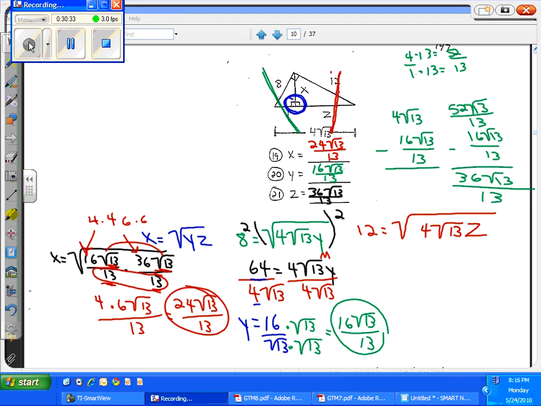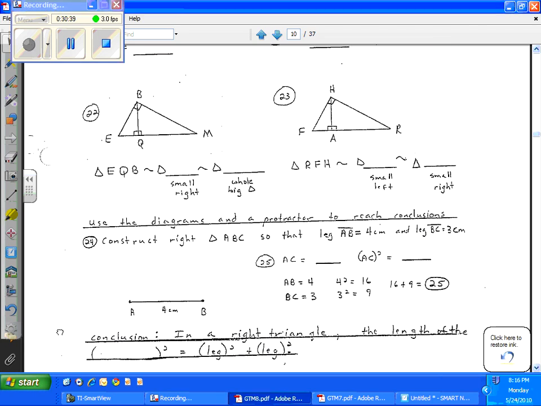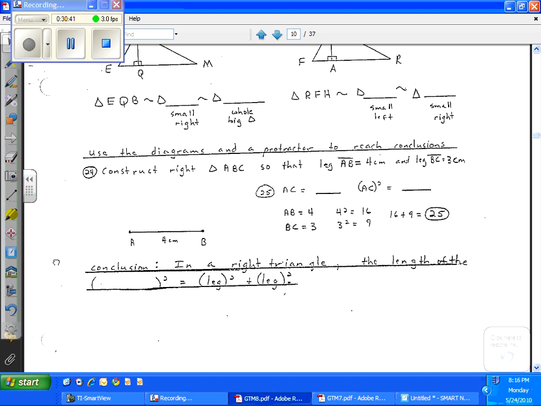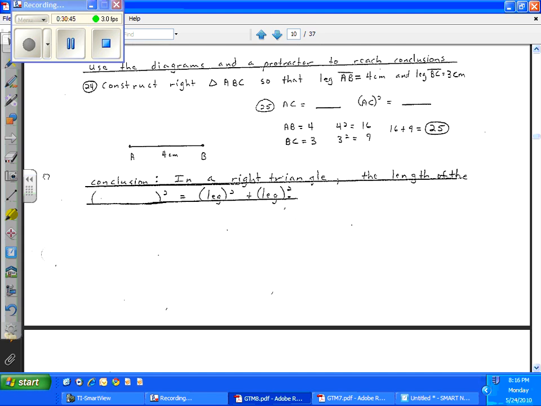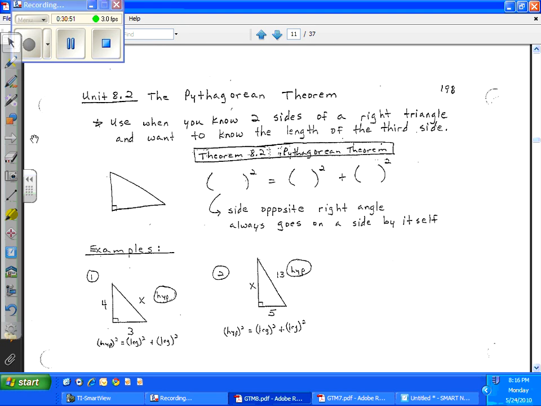Okay. So we have some more problems to practice naming the similarities, and then we have some discovery work for the Pythagorean theorem. That discovery work would lead into Unit 8-2 Pythagorean theorem. So that's all of the 8-1 homework, and